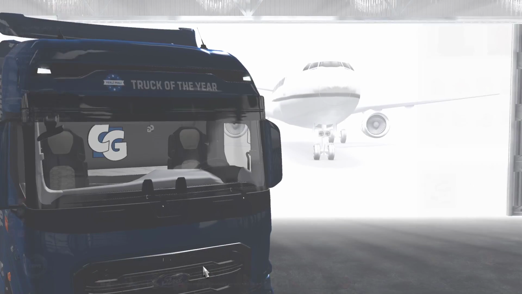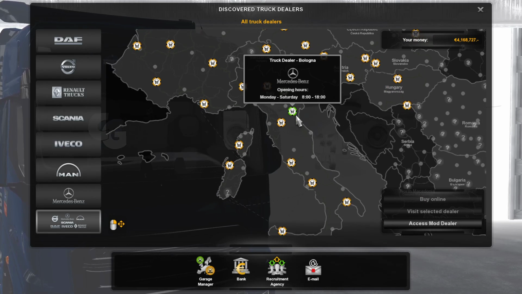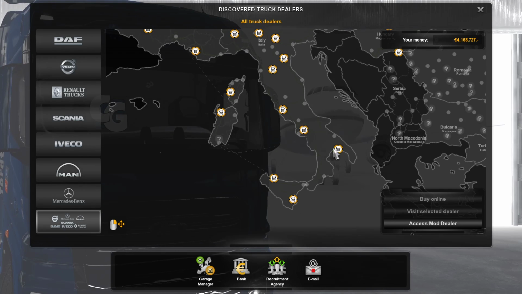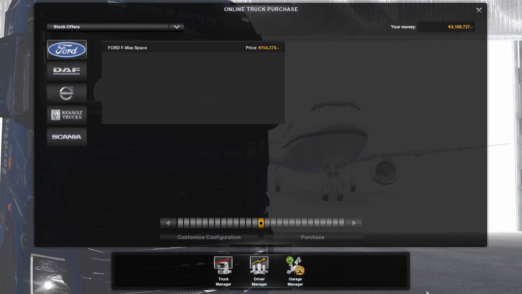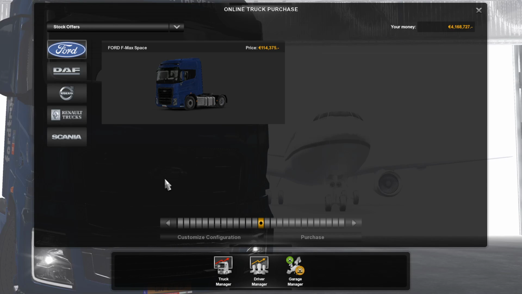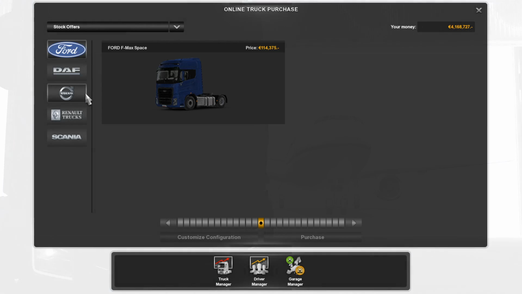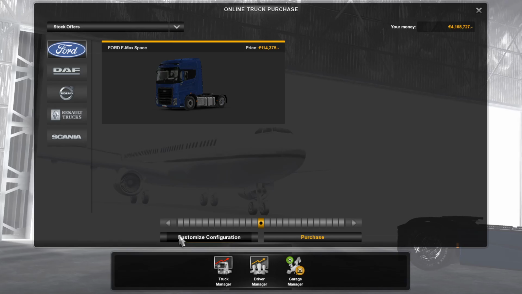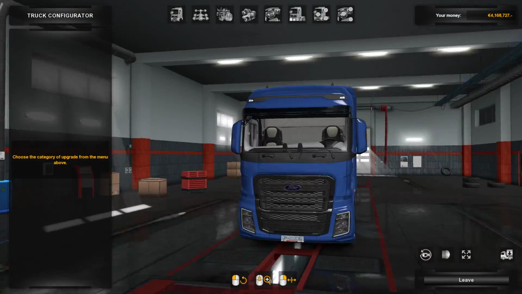option. So if you go to truck dealer, I think there might be a specific Ford dealer somewhere. I have not been able to find it, but if you are not able to find it like I am, there's always the mod dealer here. And let me just share that this is also compatible with 1.36. So I am on 1.36 right now. I believe it's also compatible with 1.35. So there should be no issue whether you're in the beta or not, right? So you see the Ford dealer there in the mod dealer, customize config, and voila, we see the truck in